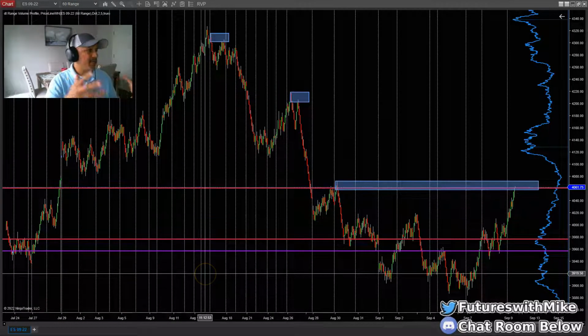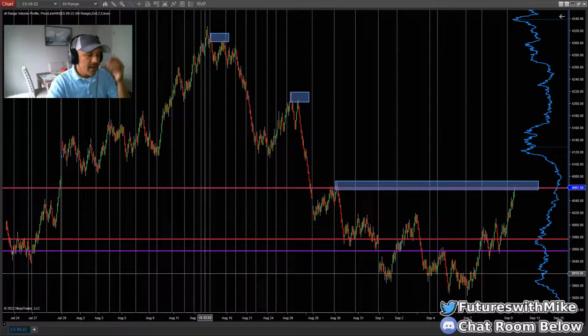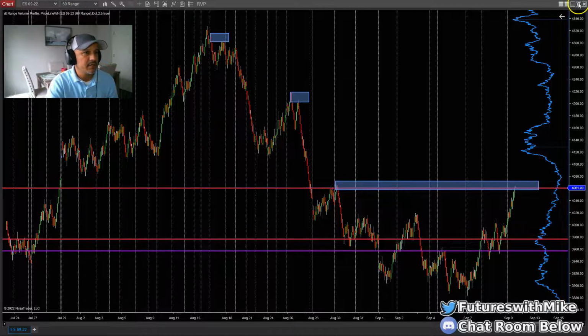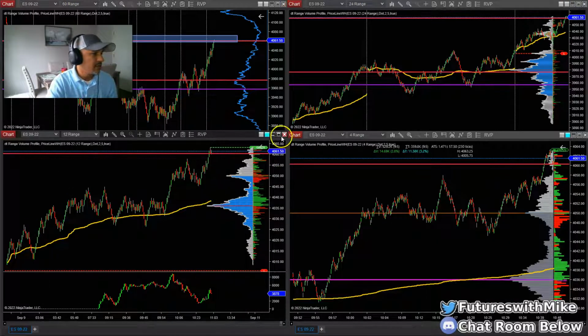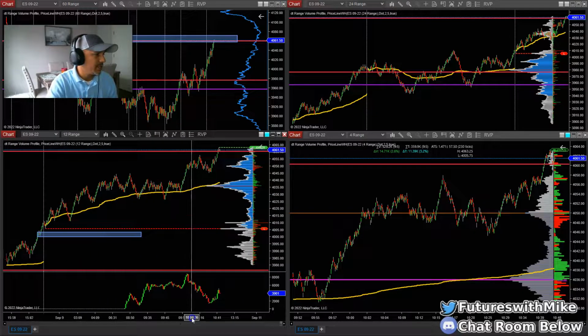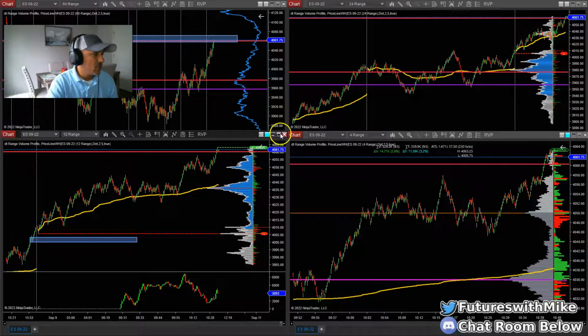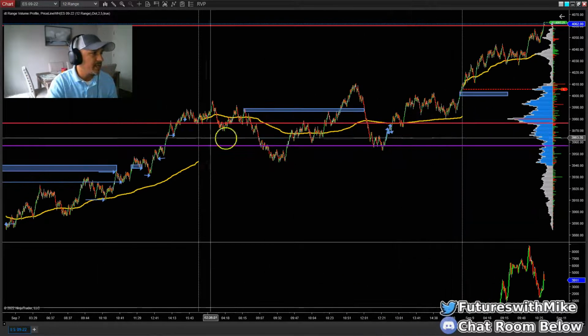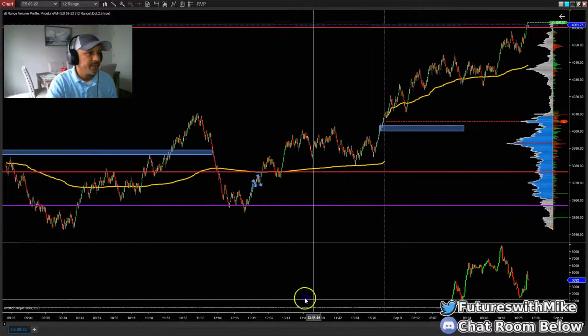All right, so now that we know that price is in an area of supply off the higher time frame, the 60 range chart, this is where we scale down to. So we're in a major zone now off a higher time frame. So let's look at our 12 range now, which is my anchor chart that I like to use. If we look at the 12 range, of course, we see the market's just been pushing higher, making higher highs and higher lows as it's been moving to the upside.